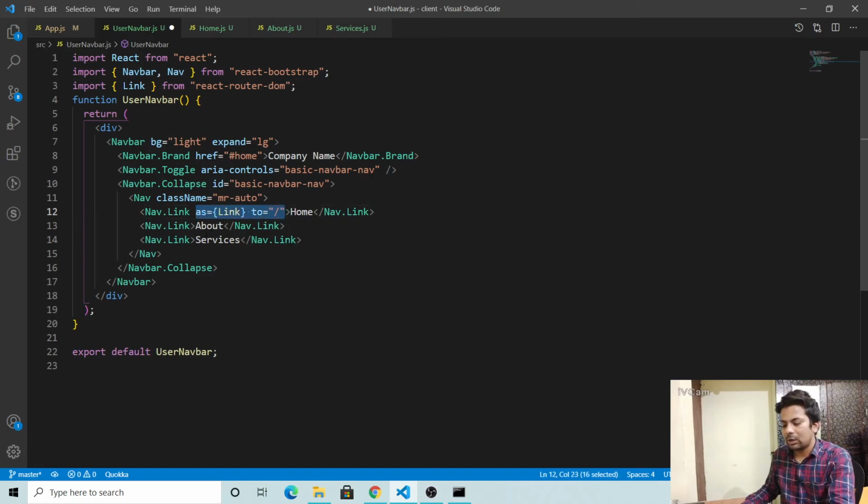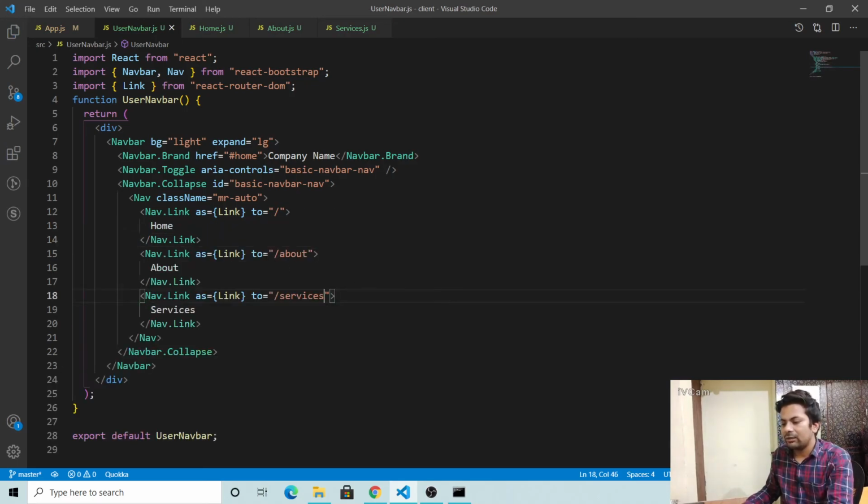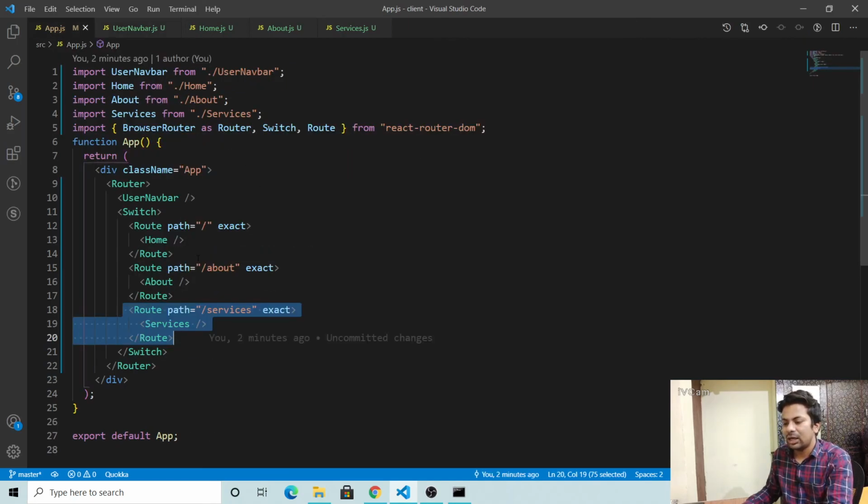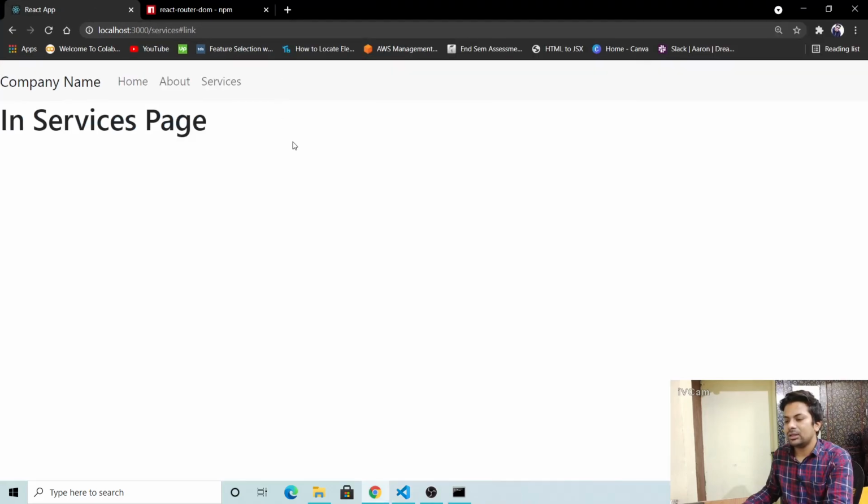Same for the about page, and here for services. So basically what happens, it will treat it as a link, and whenever someone clicks, it will search for slash about. Where is slash about? It will go to app.js and see, okay, this is slash about, and it will just render this component.